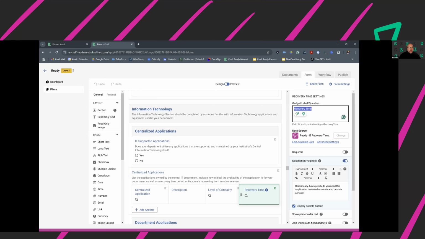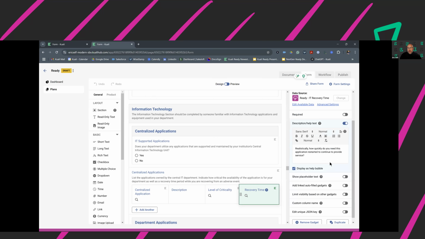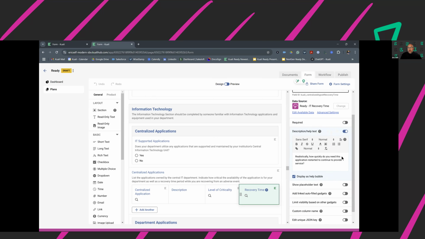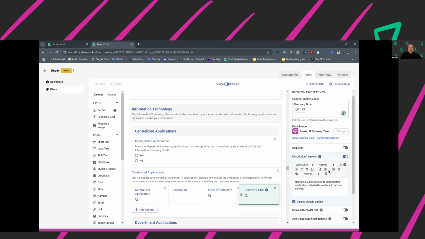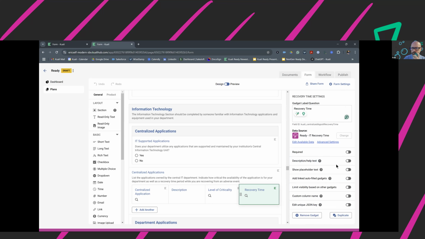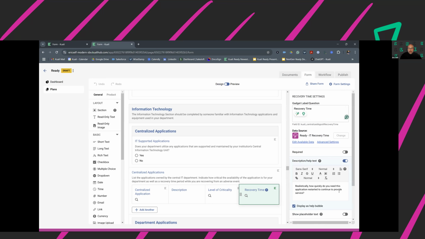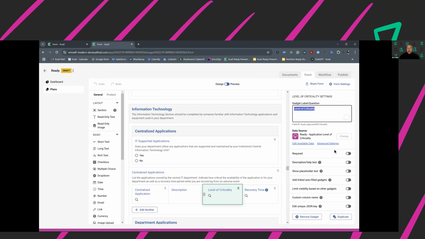This is a lookup tool. It's an integration. We do integrations with systems as long as it's a RESTful API, to talk to and from systems. But basically what we did here, we said, hey, we want to make this. This is just this little toggle right here. So if I took that off, that would go away. But when I say, hey, this is the description for it, we get to customize that, whatever you want that message to be. We give you standard ones, and they're all throughout the continuity plan itself, but you get to add more things. If you think there are other things that need a little bit more description, you just click on that gadget. Maybe for level of criticality, you want to do the same thing.